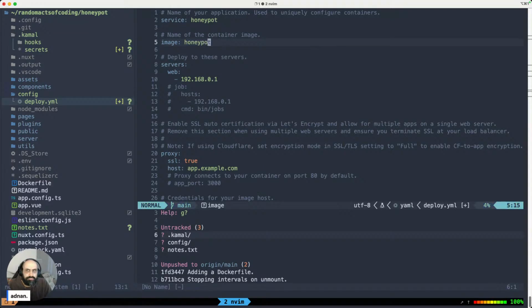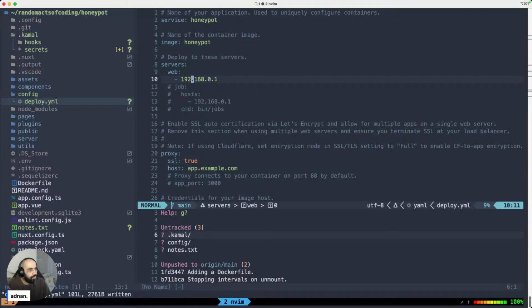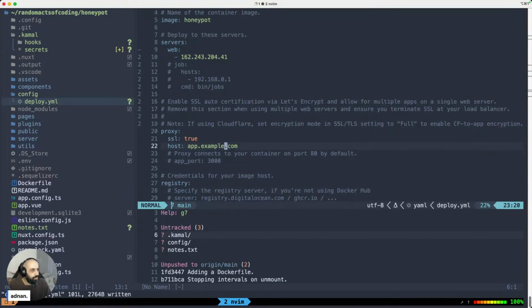Just Honeypot, I guess. Yeah, that should be fine. I do have an IP address, which I'll copy from here, off screen. Okay. And proxy setup. So I do have a domain name,